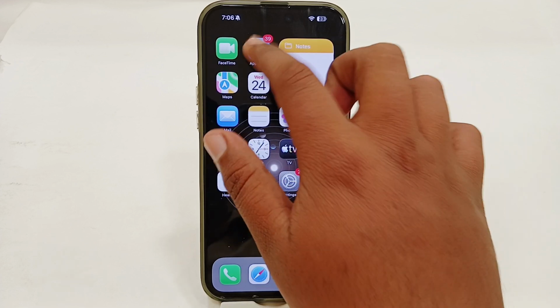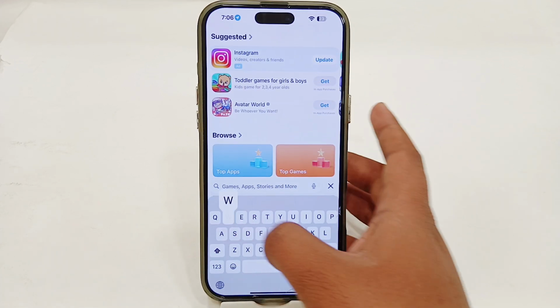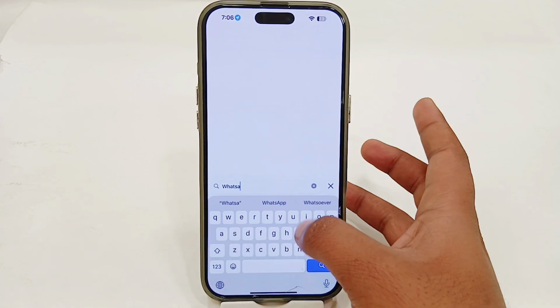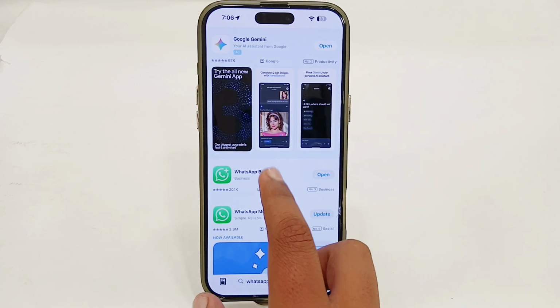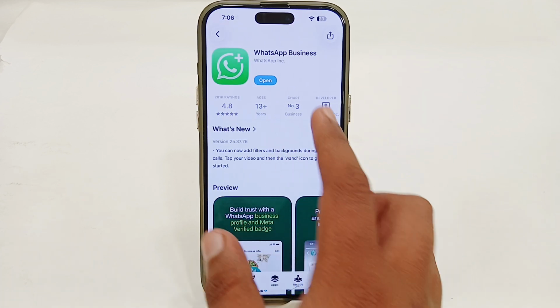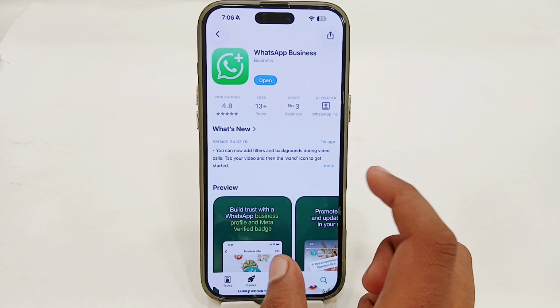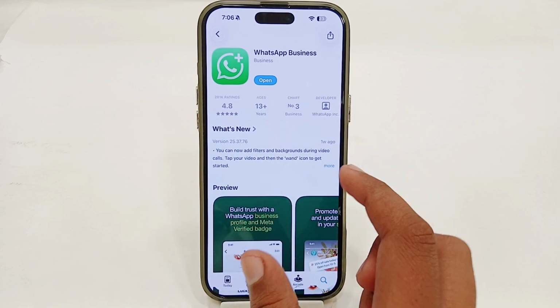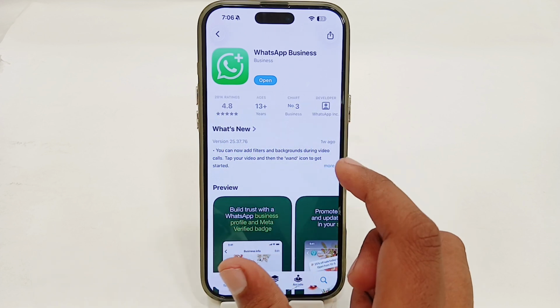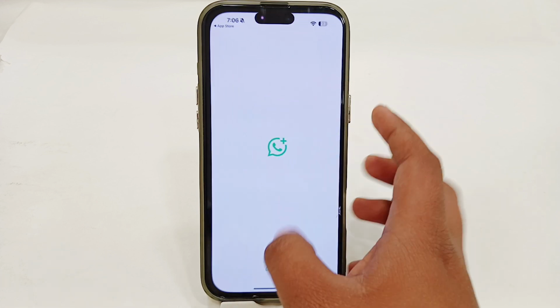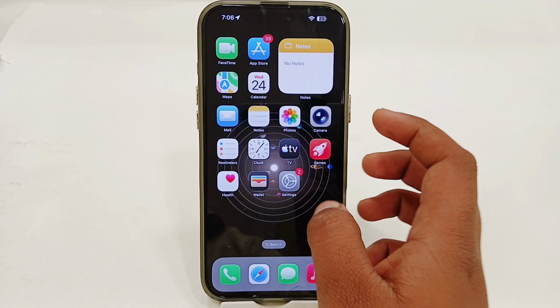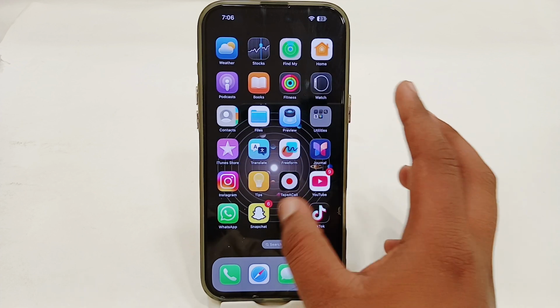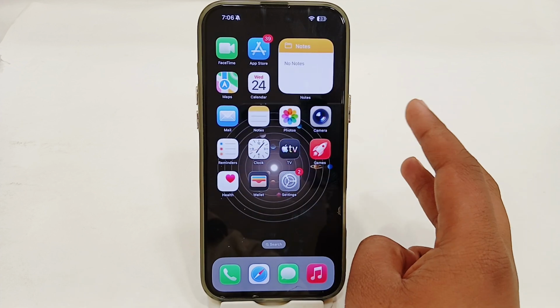So you have to open your App Store, go to search, and simply search for WhatsApp Business. Once you have searched for WhatsApp Business, you can easily install it from your App Store here. Once you have installed it, you can use this app for your second account. You can see I am already using this app without any issue. So in this way you can use two accounts, but if you want to use three or multiple accounts, open